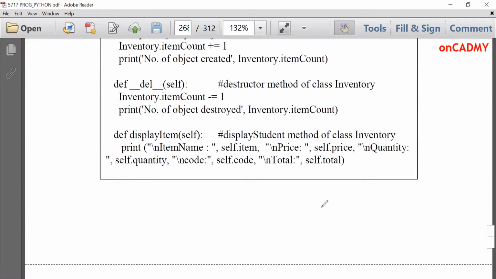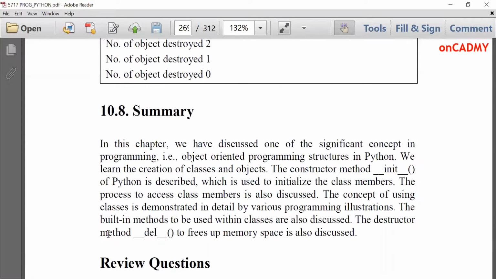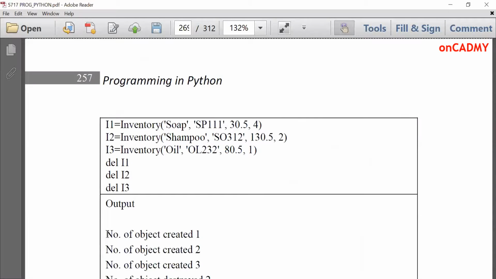I hope you understand the concept. So this is all about classes and objects, the basic concepts. In the next lecture, we'll study inheritance. Very important concept of classes, inheritance.